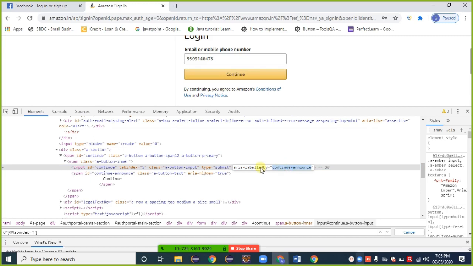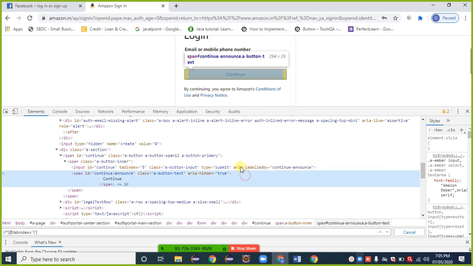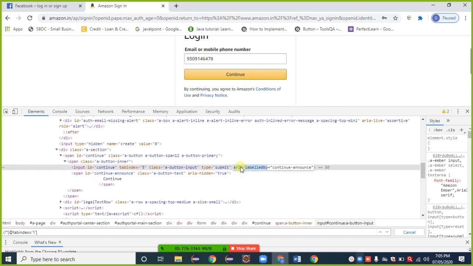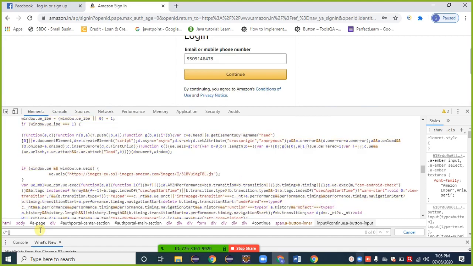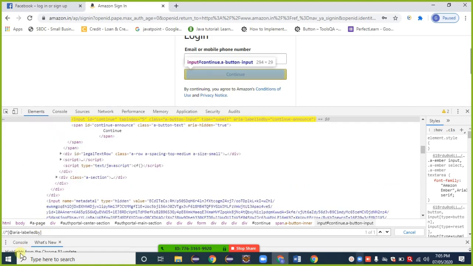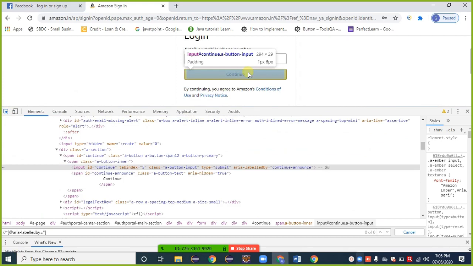Control C. I need both values. Both are typical to type. Control C. Two forward slashes, star, at, Control V, equal to, single quote, inside that the value. Continue announce.